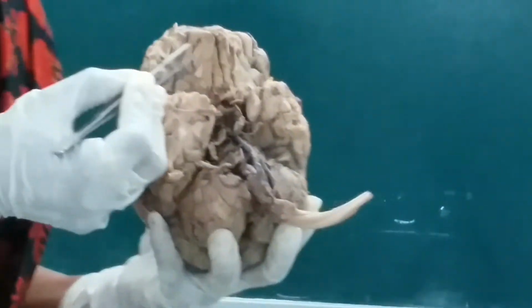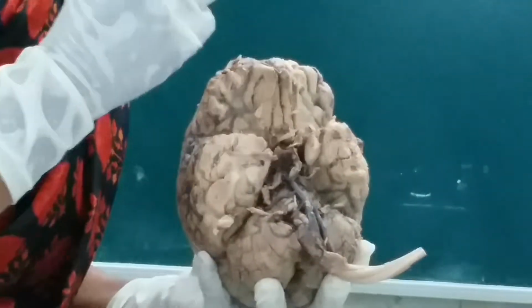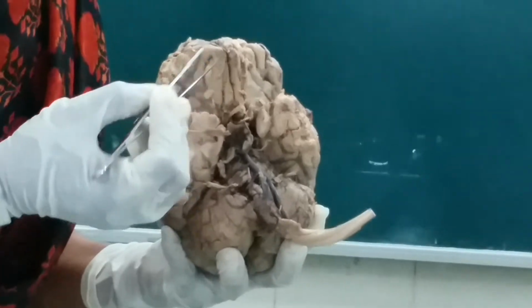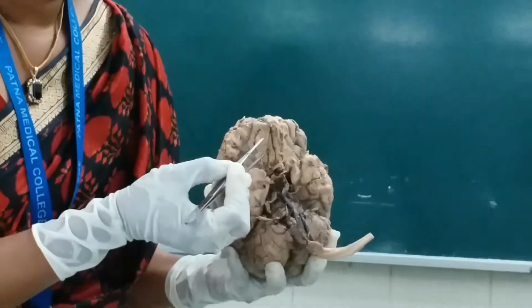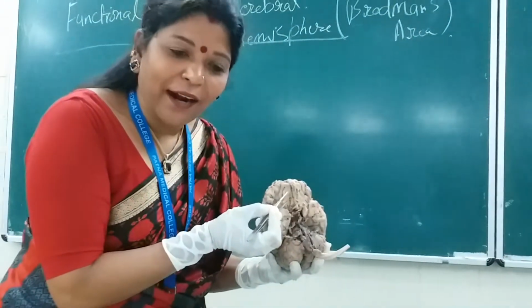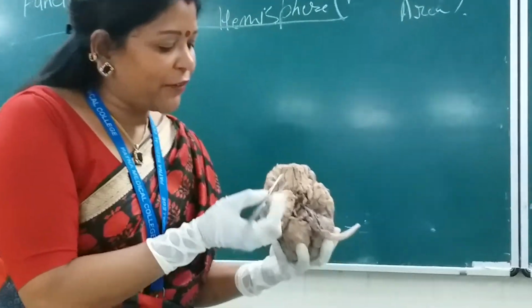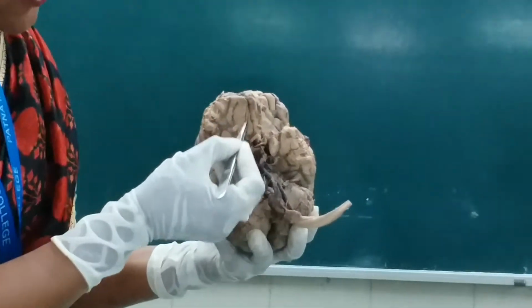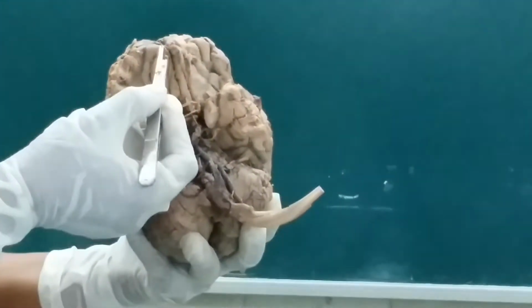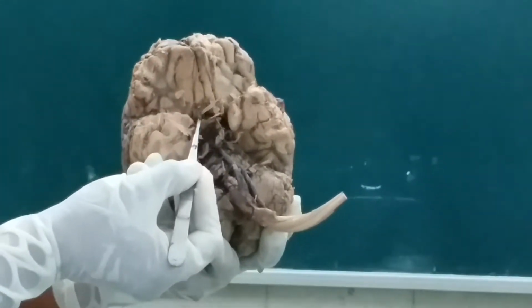Tell me. And what would be the blood supply here? From the previous classes, let me know. What would be the blood supply? The medial aspect of the orbital surface is here. Anterior cerebral artery. Very good. And the lateral aspect is supplied by the middle cerebral artery. Very nice. So, a running antero-posterior sulcus known as the olfactory sulcus, on either side, lodges the olfactory bulb here and posteriorly the olfactory tract.